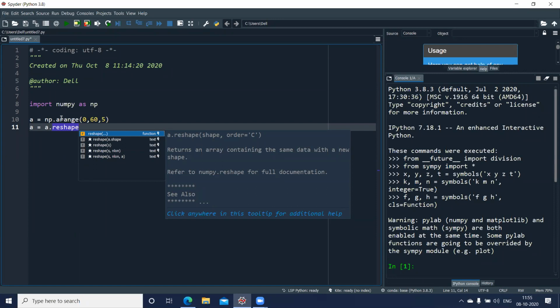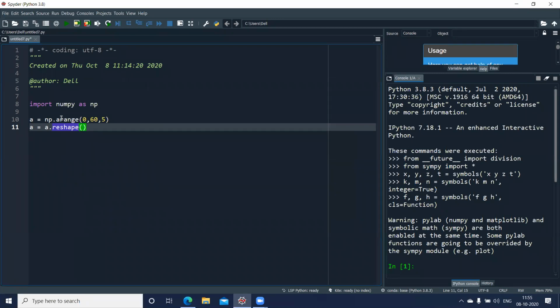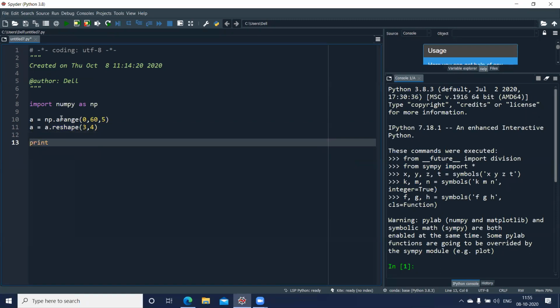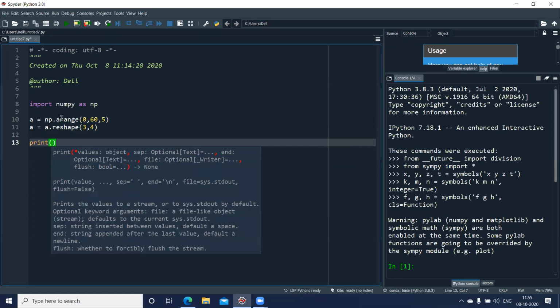It just changes the dimension. 5 twelves are 60, so we'll get 12 values, and we can have a dimension of 3 by 4.